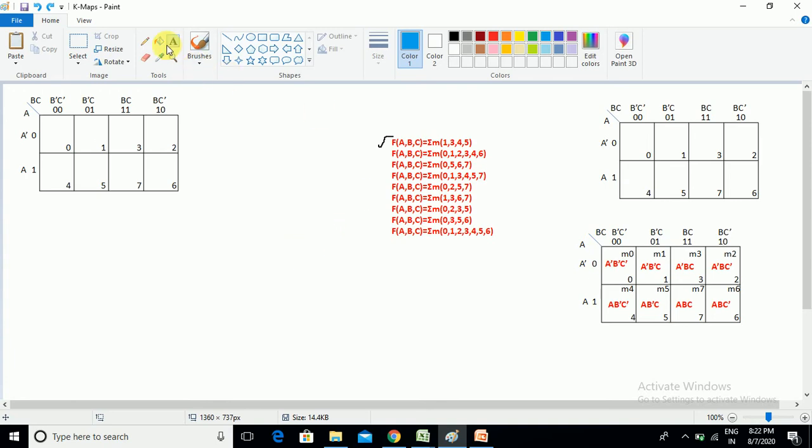Now the next example. Here cell 0 is selected, 1 cell is selected, 2 cell is selected, 3 is also selected, and 4 and 6. This example is very important and different. You already know that 0, 1, 3, 2 can take a direct group with the 4 cell. Here I am taking a 4 cell grouping. Easily we can select a 4 cell group vertically, and they are adjacent to each other. So this 4 cell group has been completed.